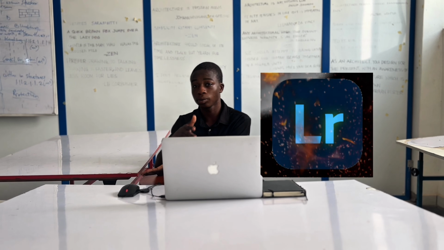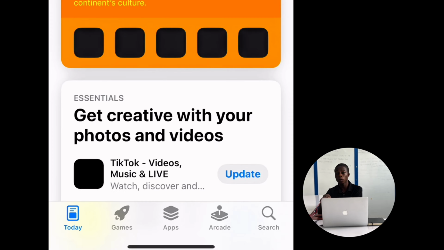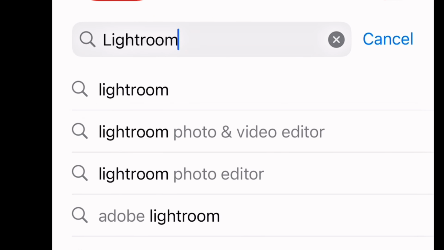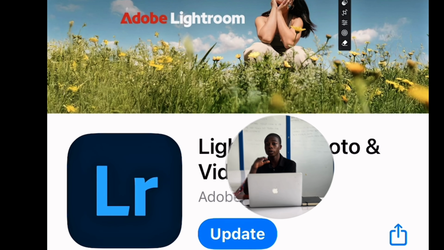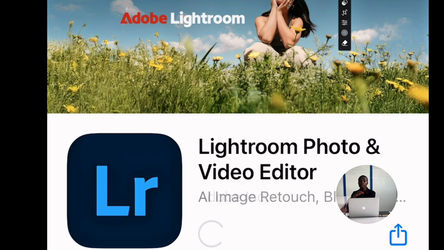We're using Lightroom. If you're on iPhone, you open the Apple Store. If you're on Android, you open the Play Store. So you type in Lightroom, and after you type it, you open it. Mine is telling me to update, so I click on update. So after updating,